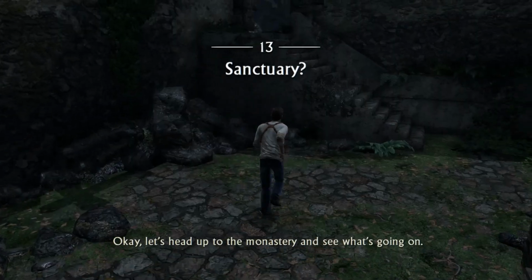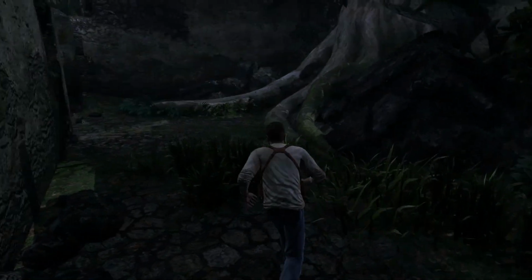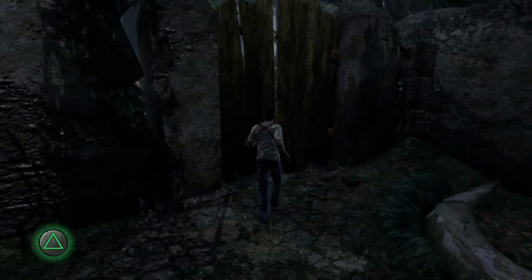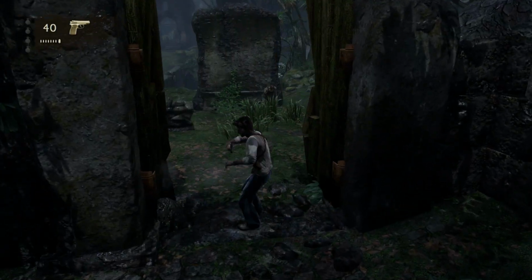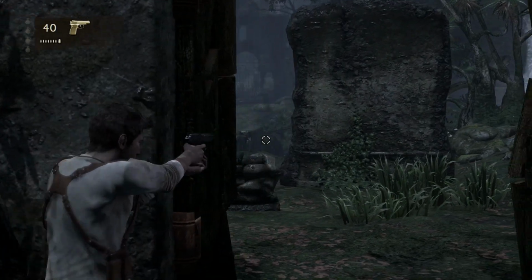Today we're doing Chapter 13, entitled Sanctuary. Funny enough, the title of the chapter basically just gives it away. But this is honestly probably one of the more difficult chapters, especially at the halfway point of the game, which